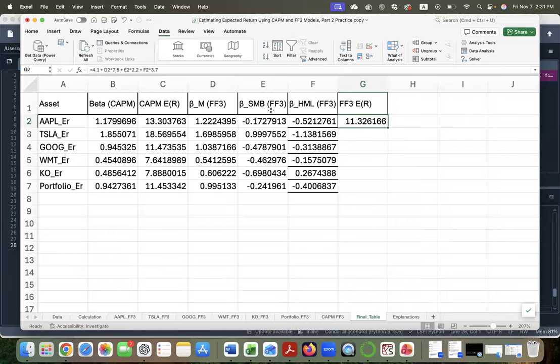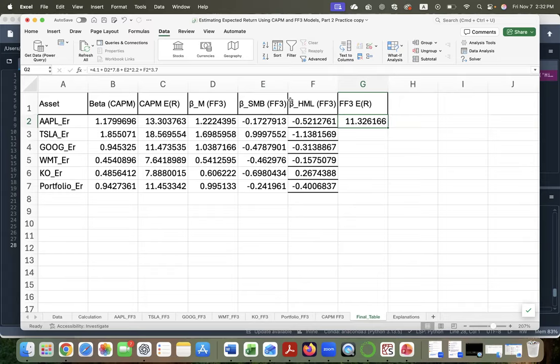Would it be 11.3% in, let's say, next year, 2026? We don't know. Maybe it brings us a negative return even, or maybe way more than 11%. This is what the Fama French three-factor model predicts,